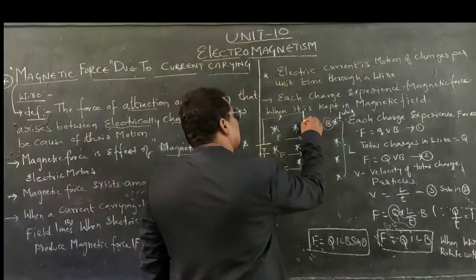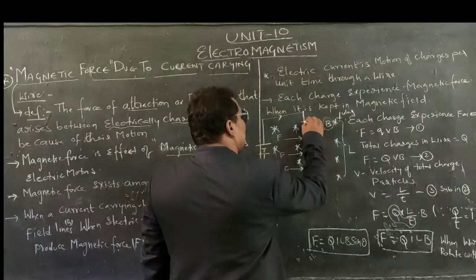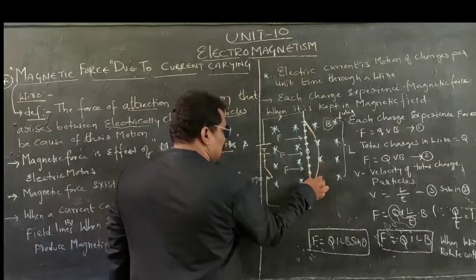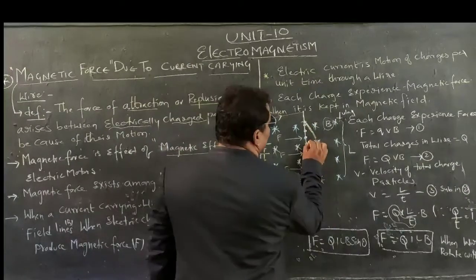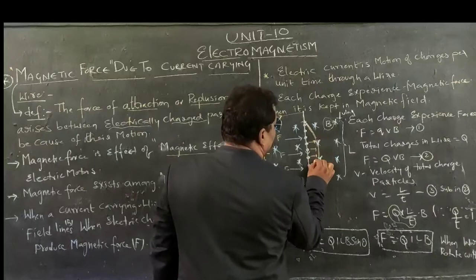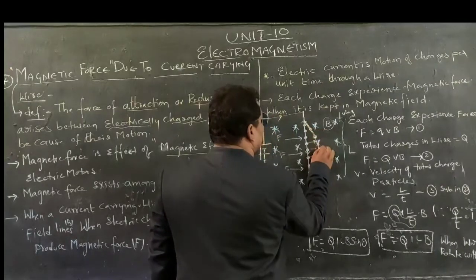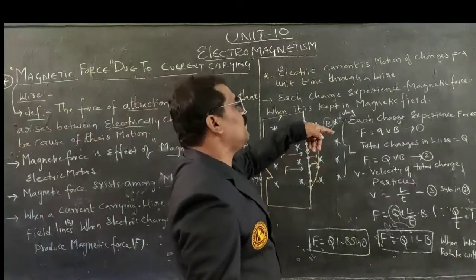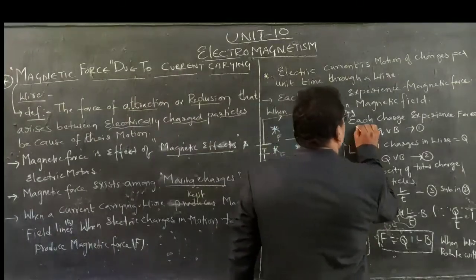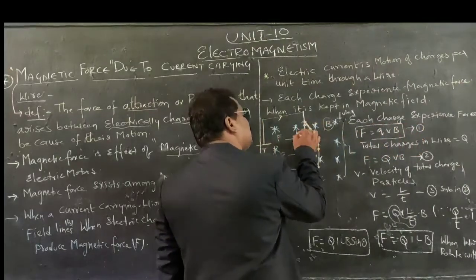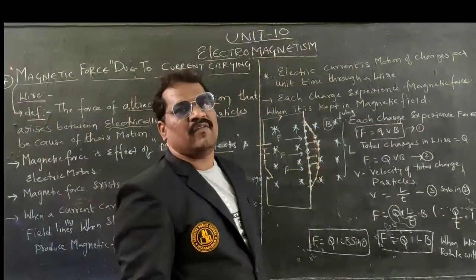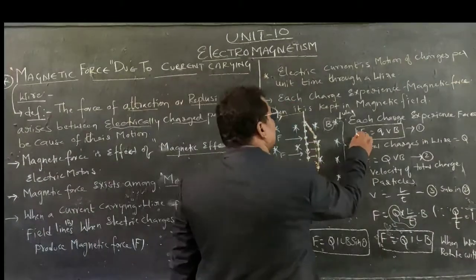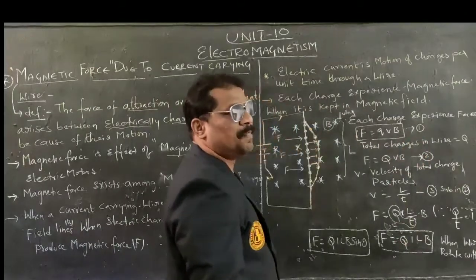As the magnetic force acts upon the wire, the wire attains a sudden bend. Due to the force experienced, the wire through which charged particles are moving experiences force. Each and every charged particle will experience force, as we have already seen in the previous activity. That force is equal to what? F is equal to QvB.